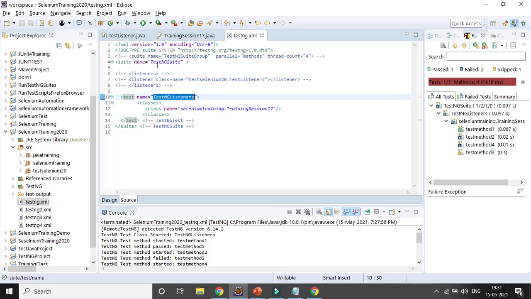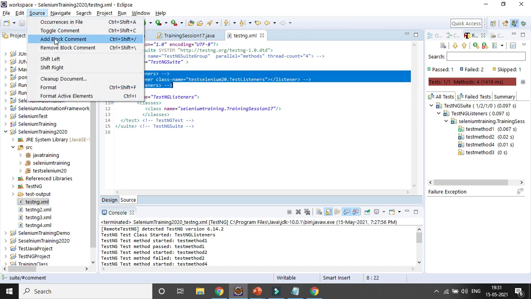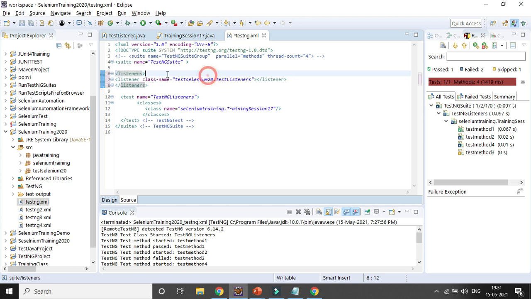So here, okay, I already added it here. Okay, let's uncomment it. It was previously commented. Remove block comment. Okay, so after the suite level, the listener tag and class name I have to give, right?